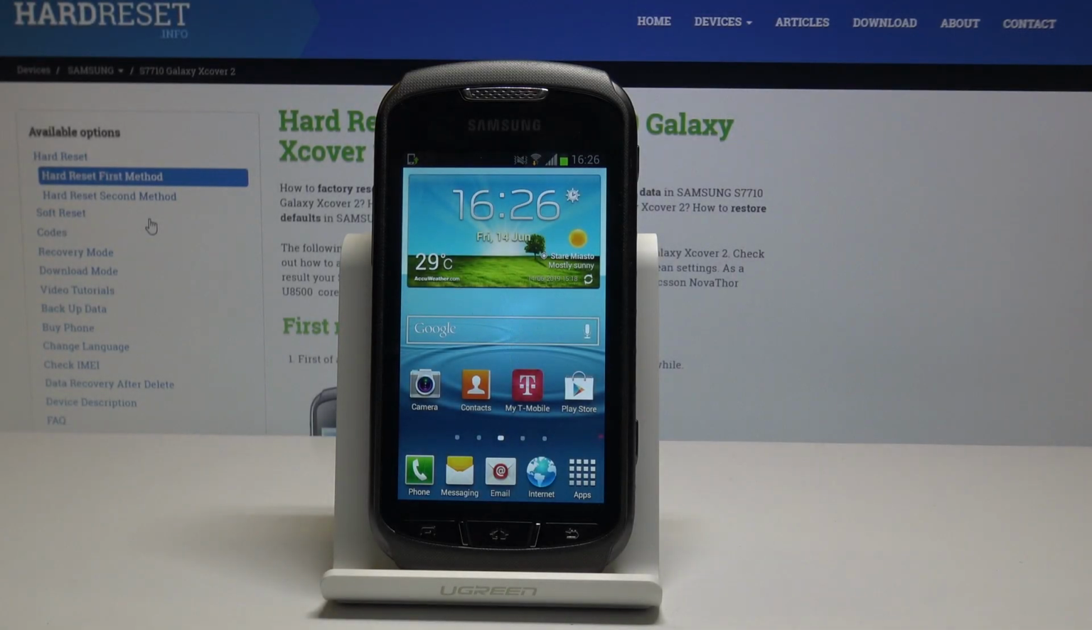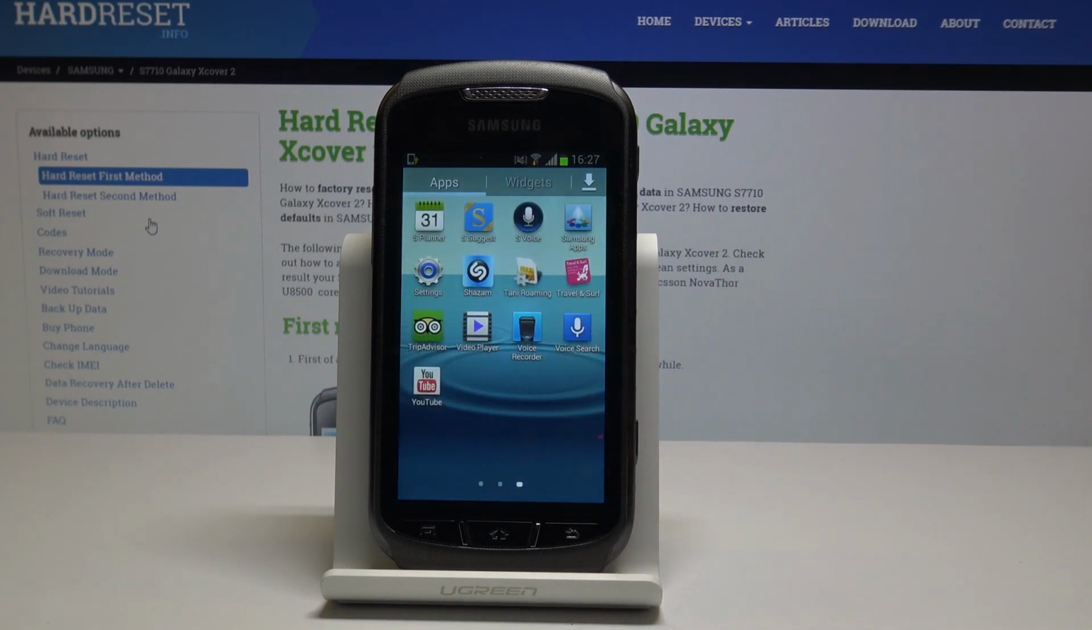Welcome. In front of me is a Samsung Galaxy Xcover 2, and today I will show you how to change date and time settings. So, jumping straight to it, what you want to do is open up the settings app,